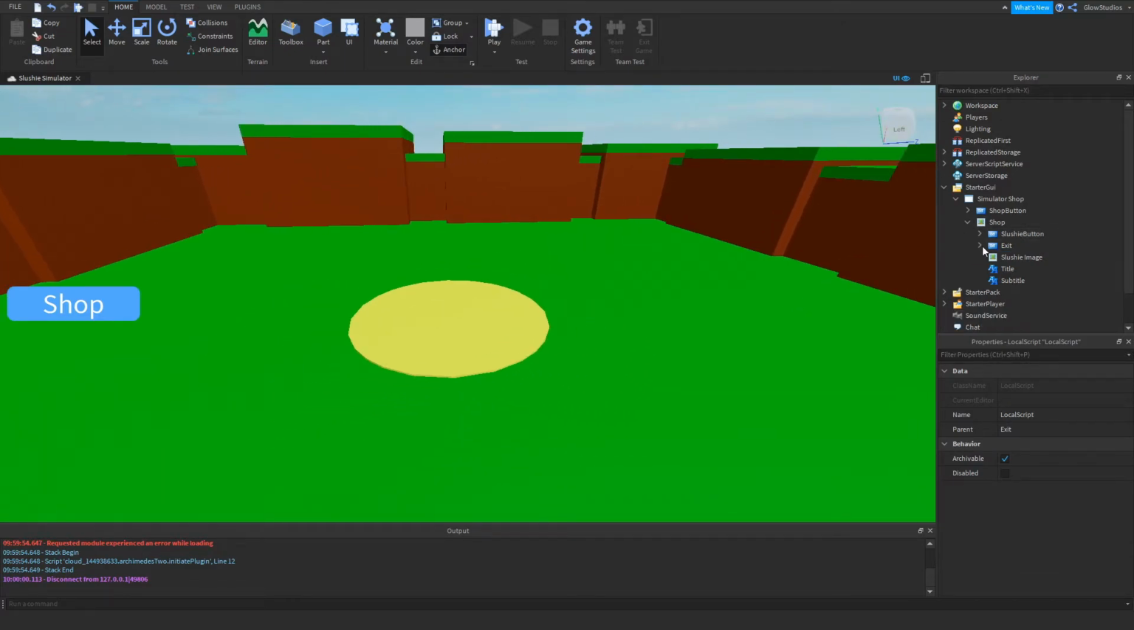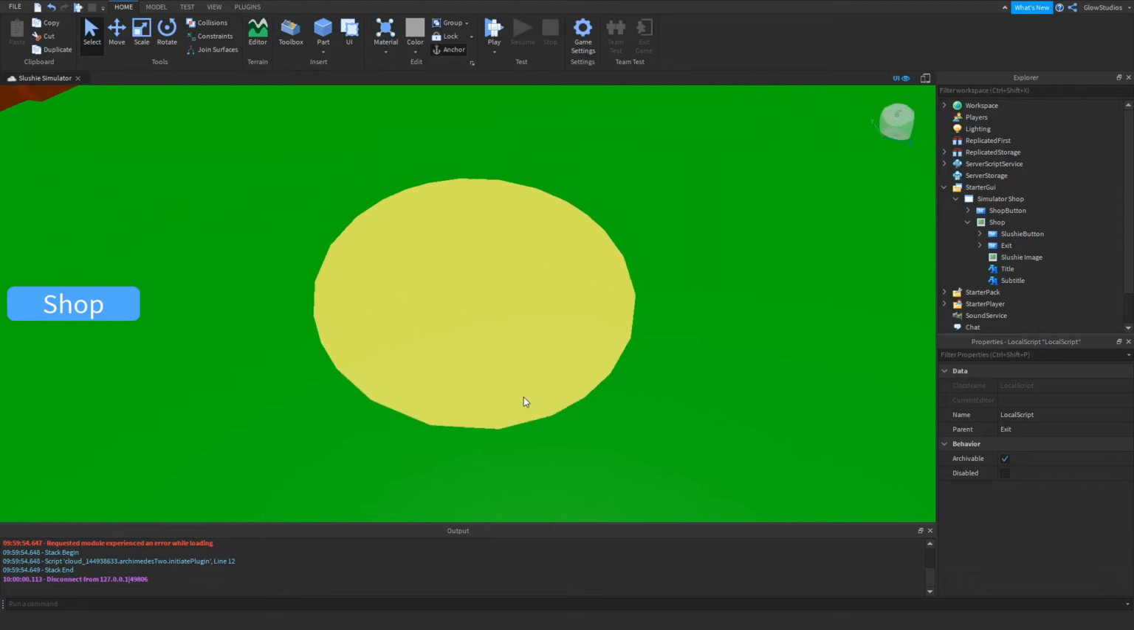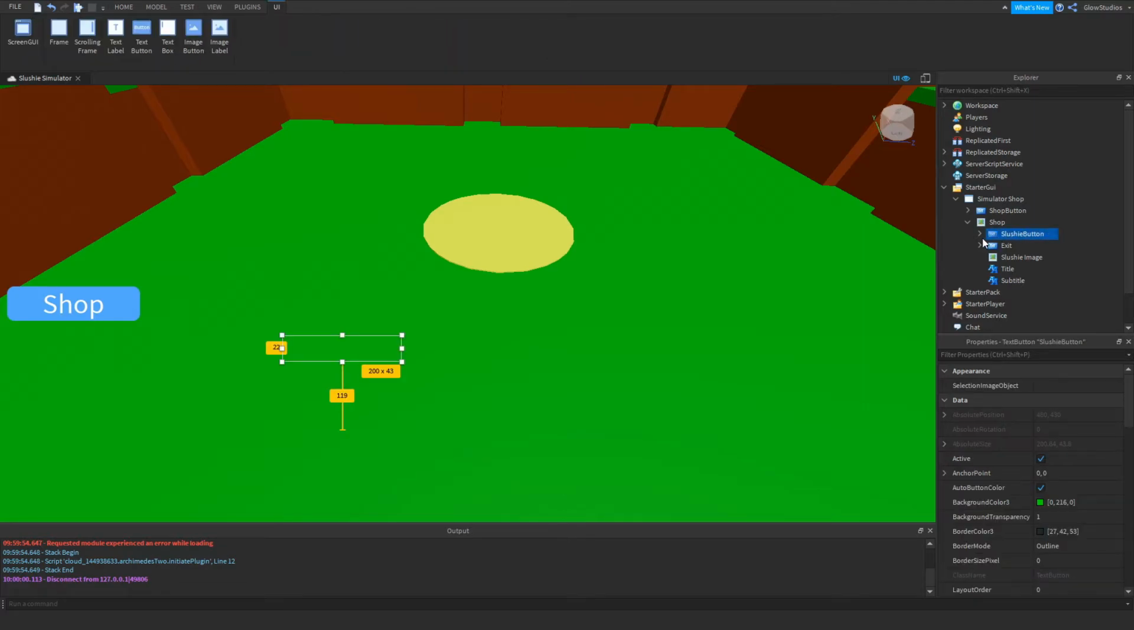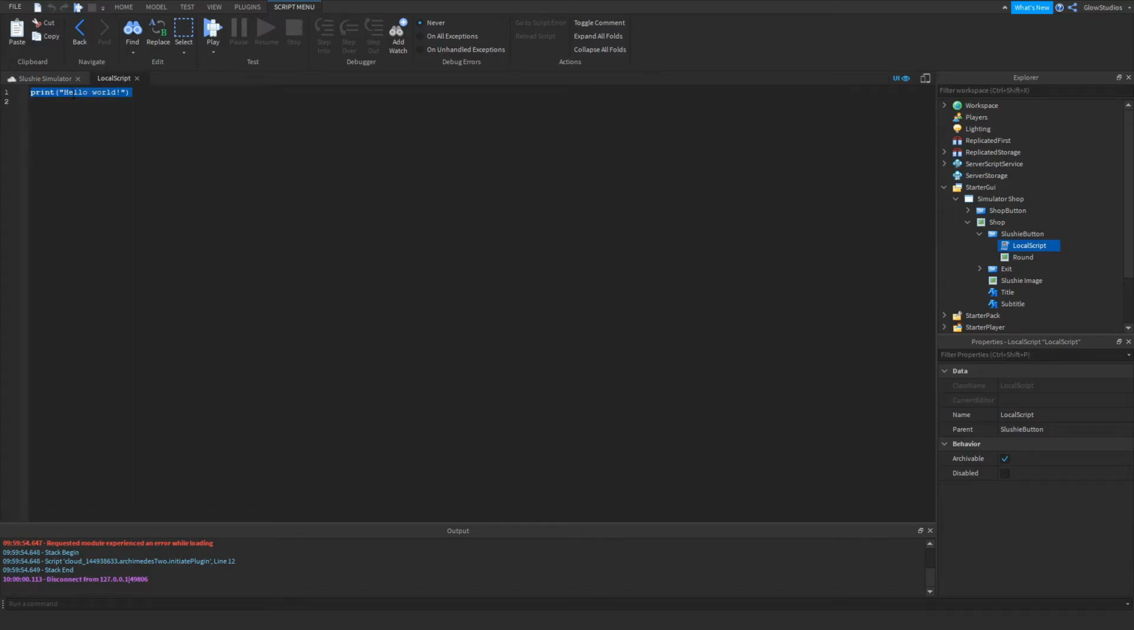Now is when we get into some more of the complicated scripting. We have to make it so when they buy an item, it will actually buy it for them. So we're going to insert a local script inside the slushy button. You're going to start at the top by writing local player equals game.Players.LocalPlayer. Then you're going to write this: script.Parent.MouseButton1Click:Connect